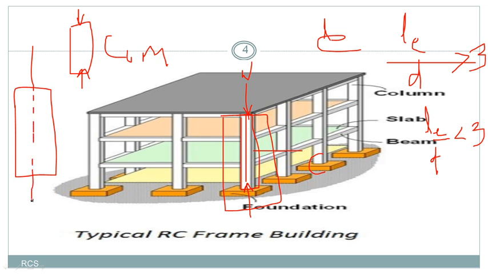So this is the axis of the column. If the load is acting on the particular axis of the column, then we can call it an axially loaded column. But the code has given that if this load acts at a certain eccentricity, that is e less than or equal to